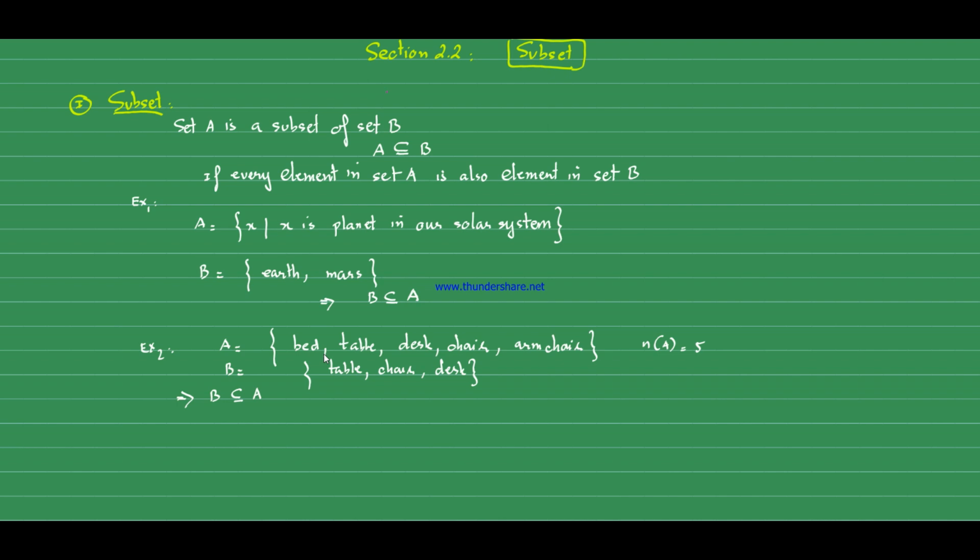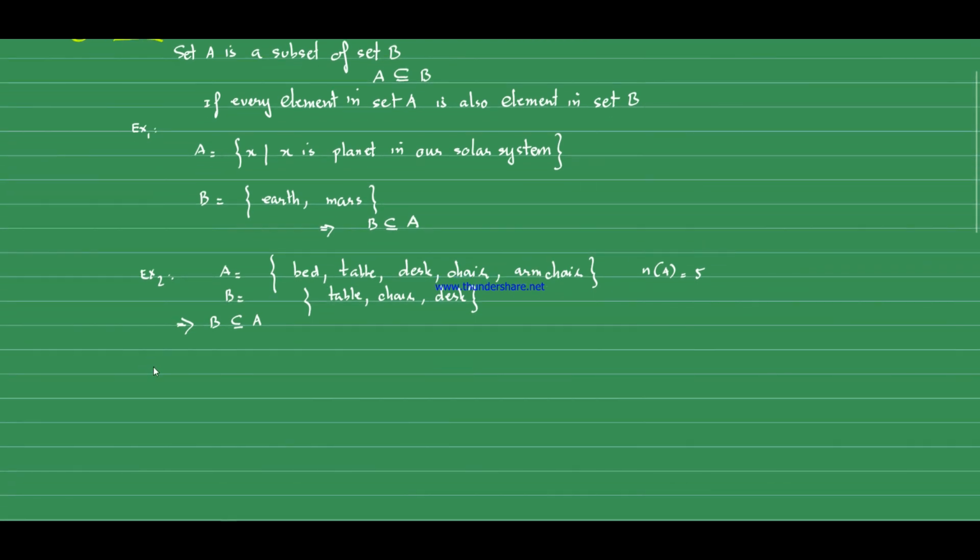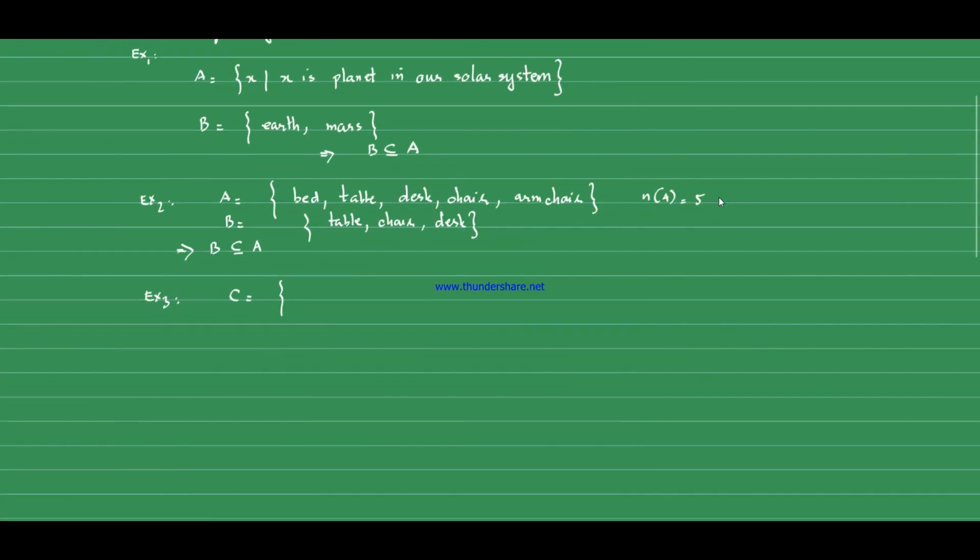Then when is the case when it's not a subset? Okay, what if I create another set? How about example number 3 over here? Let me use different letters. So let's call it set C over here, and set D over here. Let me see. What if I have